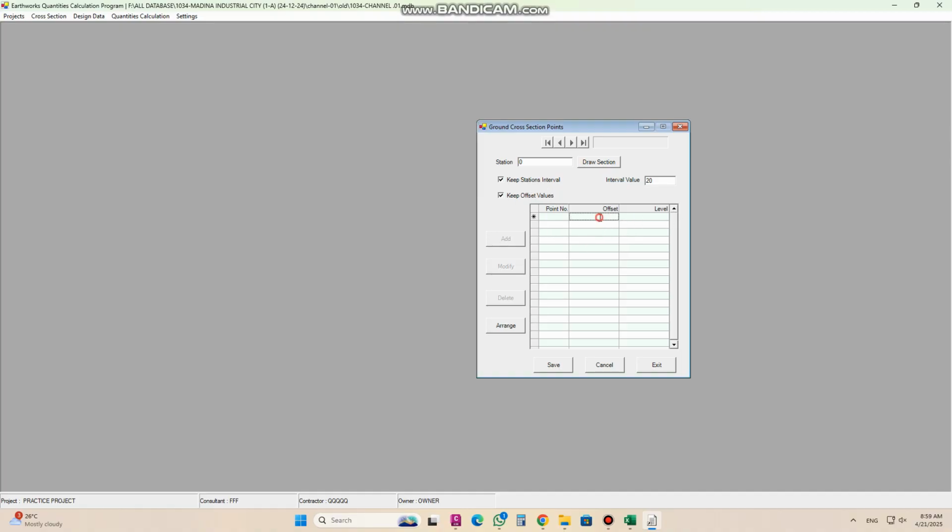Only I will put the value. This part the factor, so I will put just, let's say, minus 100, minus 50, 0, 50 and 100. And here the elevation: 670.1, 669.57, anything, 667, and here 668.2,